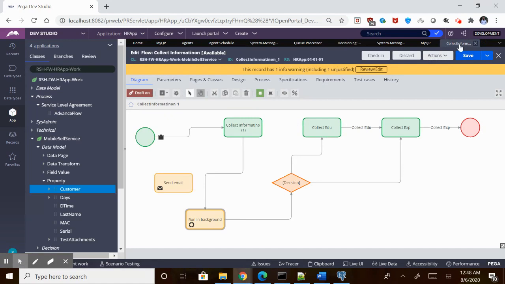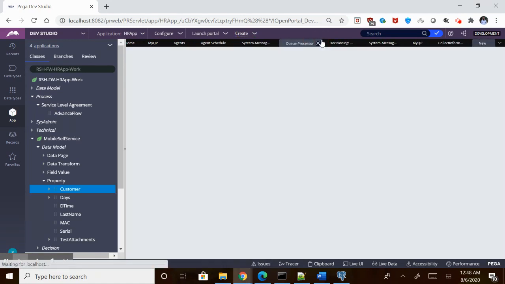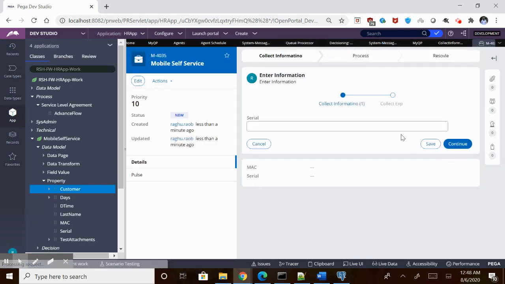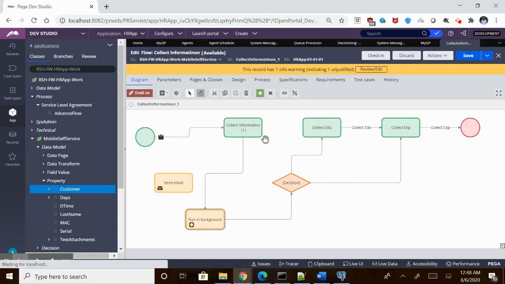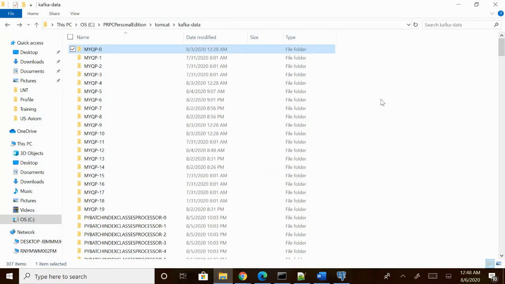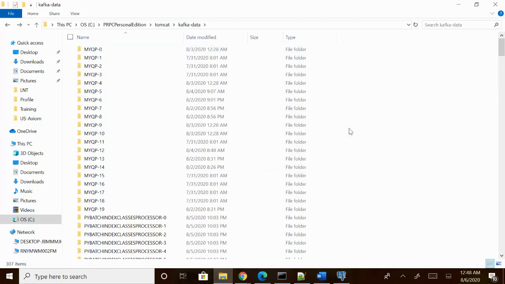I'll place that in the background, in the background after the submission of this part. I won't enter anything, but I'll try to complete that part and cancel it. So we'll go into the folder and see, refresh this part and see where the message has been pushed.